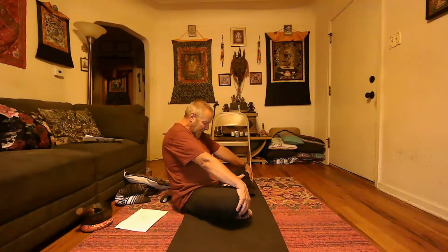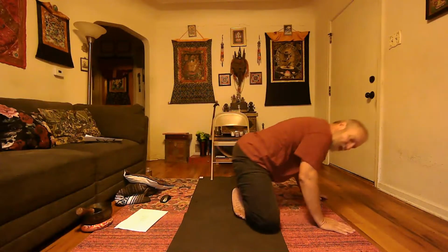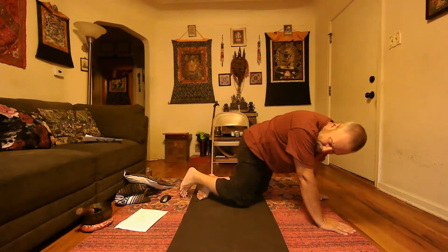Collapse the chest, bring the chin to the chest, and simply doing this motion, moving the spine back and forth. Or you can come to your hands and knees,